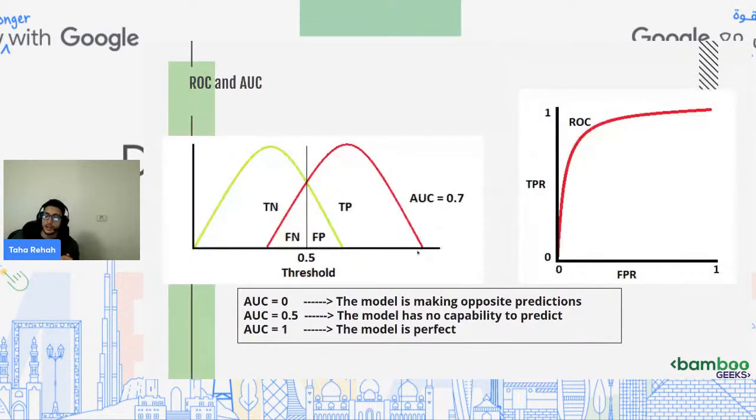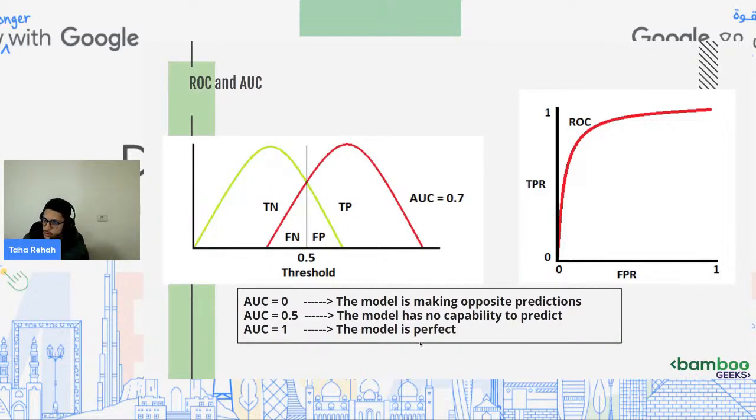Now, when the AUC is going to decrease and get close to 0.5, it means that the model has no capability to predict. If you give it an input, it's not able to predict if it's 1 or 2, so it's going to predict other. We can define that there is a class called other. When the model cannot predict if it's 1 or 2, it's going to tell us that it's other. So if the AUC is 0.5 or close to 0.5, this is what it means.